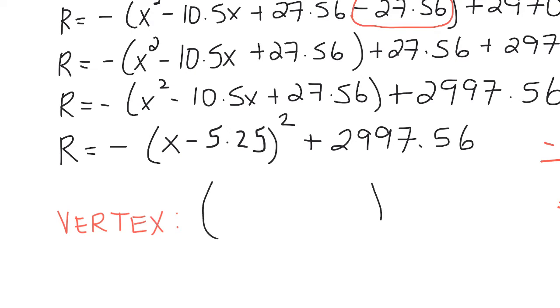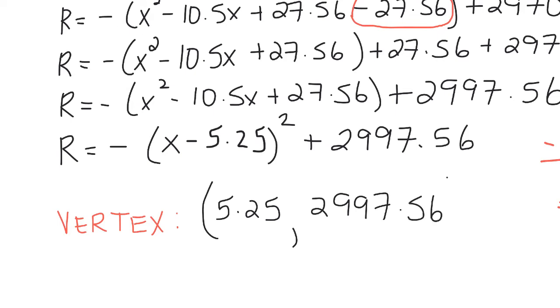So I'm going to open a bracket. And so my h value in my vertex form equation reads as negative 5.25, but when we are expressing that as a vertex point, we always record it as the opposite. So it's actually going to be a positive 5.25. And the k value can be written as is. I'm just going to make this a little bit bigger so I can fit my number in here. My k value is going to be 2,997.56. So the vertex for this particular parabola is located at 5.25 and